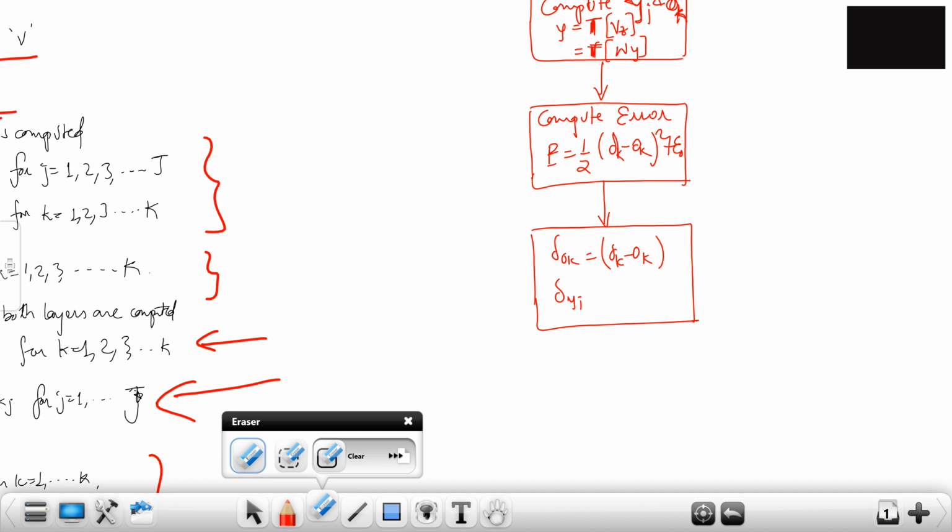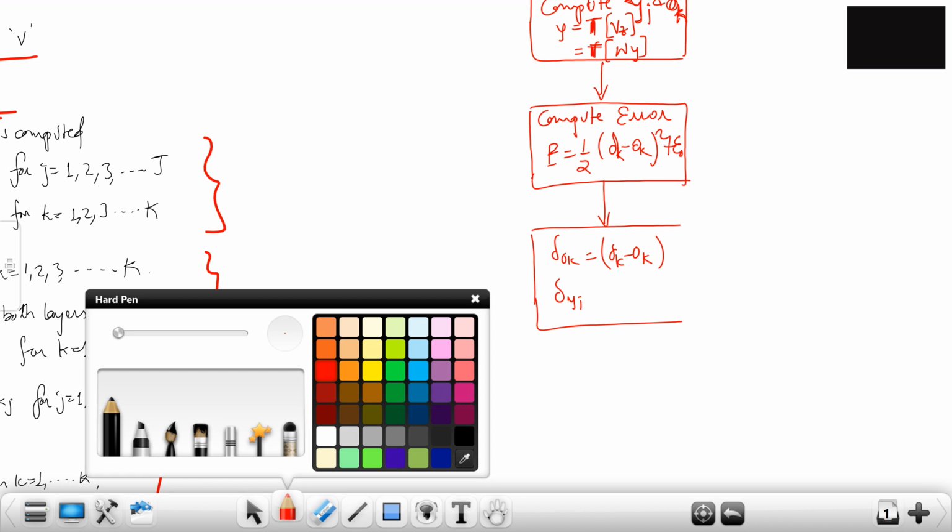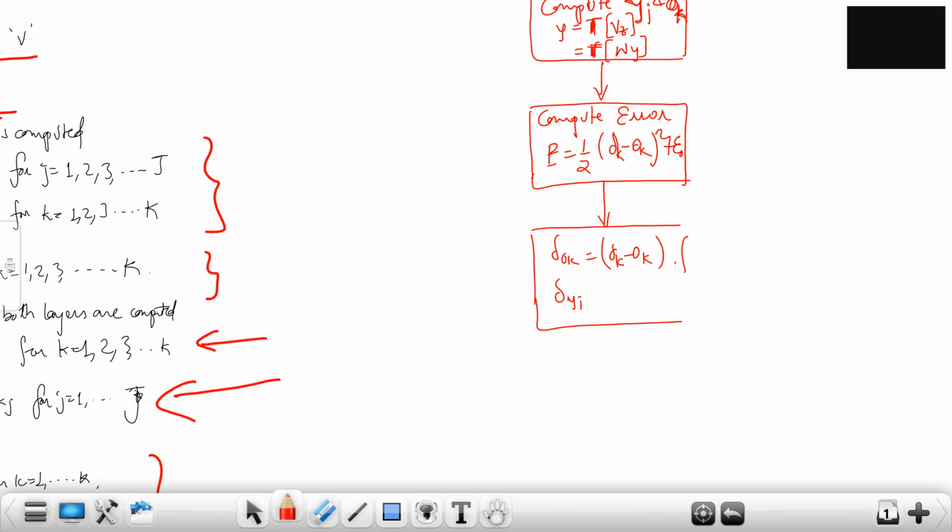Then I'll just wipe this because this is going to be a bigger box. Then we have f dash of net K, times (dk minus Ok). And down here is fj dash of net j, times summation of delta Ok Wj, K going from 1 to capital K. So this is what is going to be in compute error vectors.